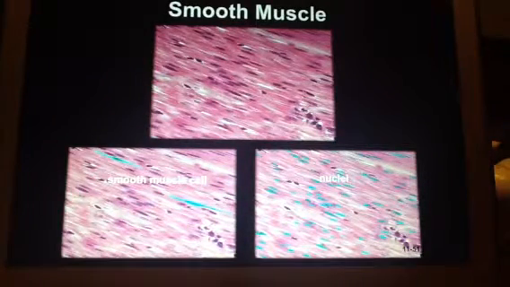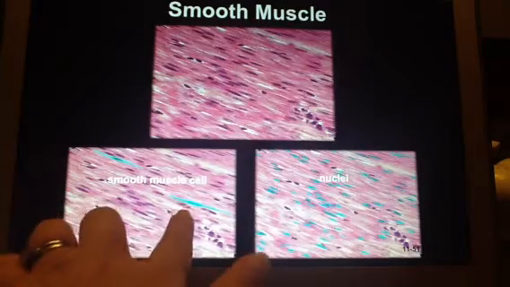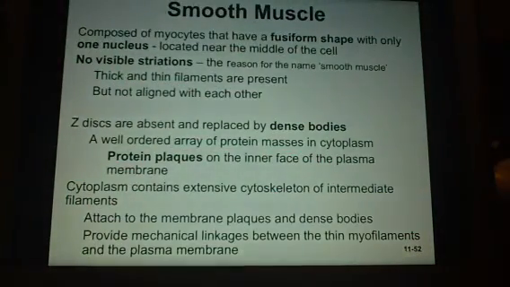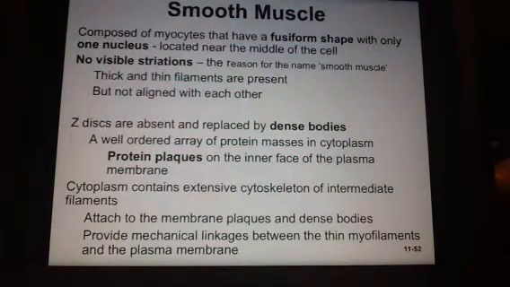Smooth muscle looks a little bit different to me. A lot of times when we look at smooth muscle, we don't really think it looks like muscle. We maybe think it looks like something else because we don't see those striations, but there's one smooth muscle cell right here, and then all the nuclei of all the smooth muscle cells on the picture on the right. The smooth muscle has a fusiform shape, only has one nucleus in the middle of the cell, doesn't have any striations, but the thick and thin filaments are present. They're just not lined up with each other like they are in